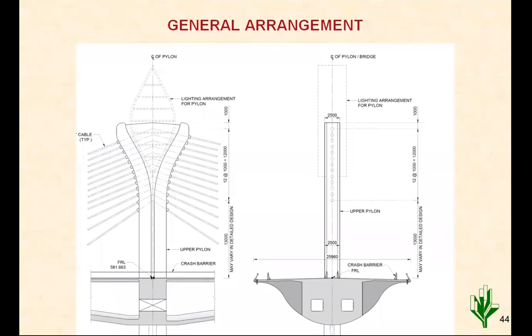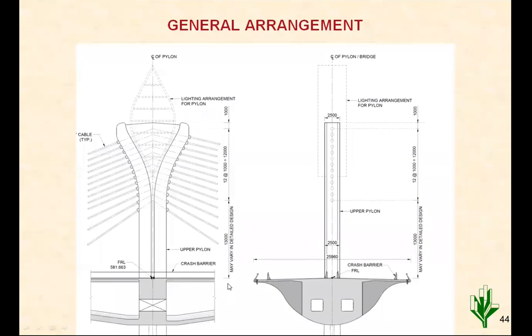Now here I'll explain the difference between the earlier cable stayed bridge and this extradosed bridge. If you notice, in Nagpur, one span is 112 meter. So hypothetically, if we plan another pylon, the span will be double, so 112 becomes 224. So the central span will become 224. Here the central span is 238 meter. So that is comparable. Pylon height in the Nagpur case is almost 45 meter. So for a span of 240, span by 5 is almost 45. So span by 5 is the height of the pylon there.